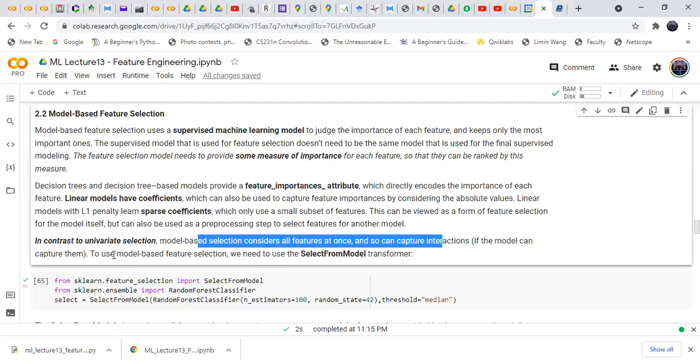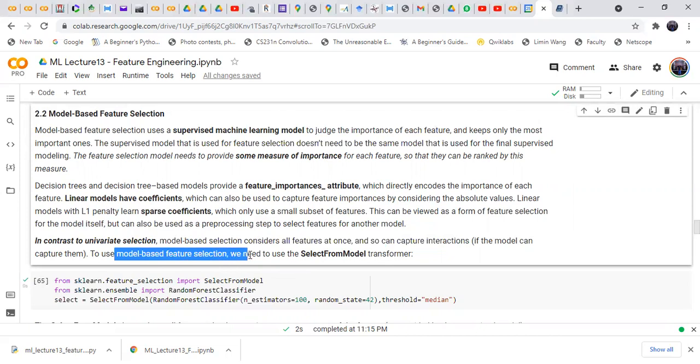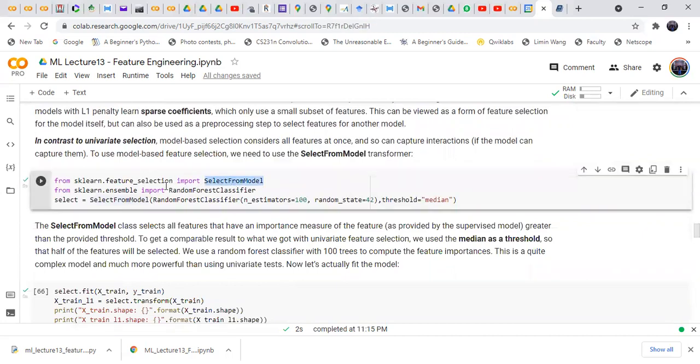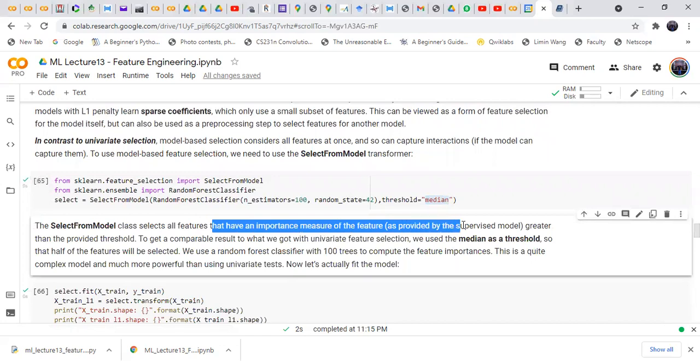To do model-based feature selection, we use the SelectFromModel transform in sklearn, from sklearn.feature_selection. It includes the random forest, and it uses the median as the threshold. The SelectFromModel class selects all features that have an importance measure greater than the provided threshold.